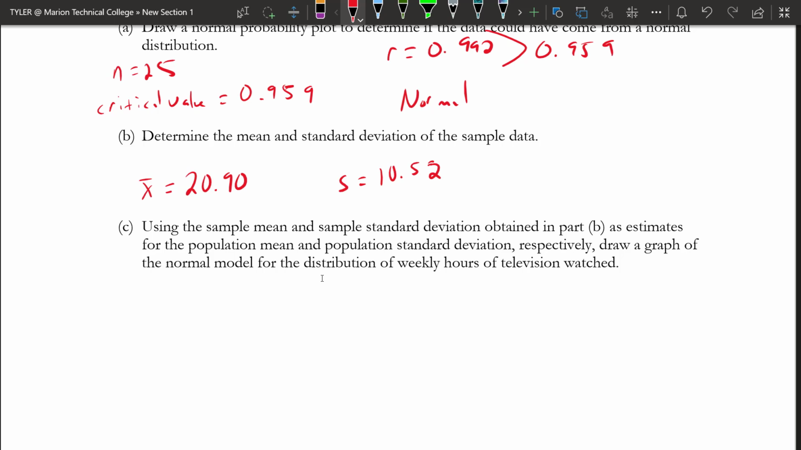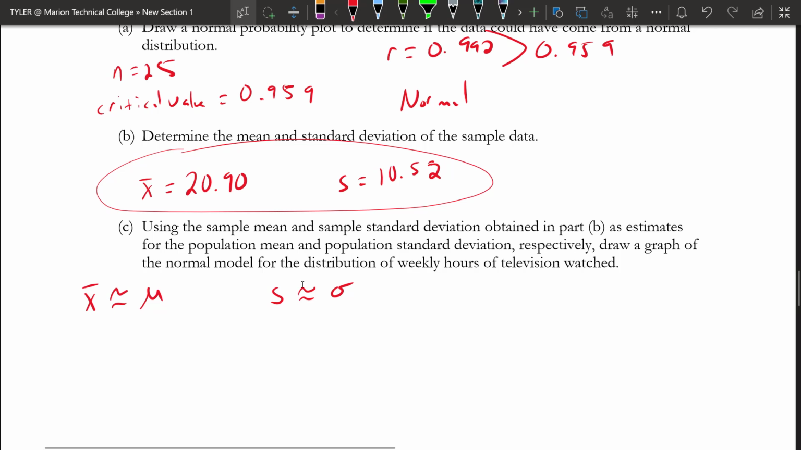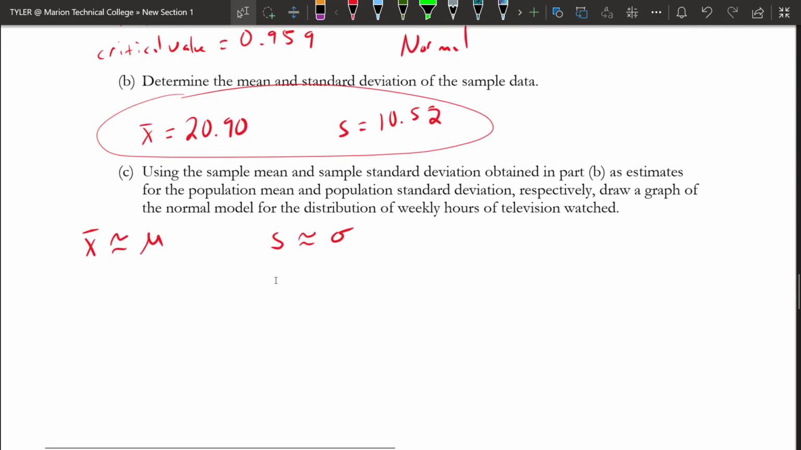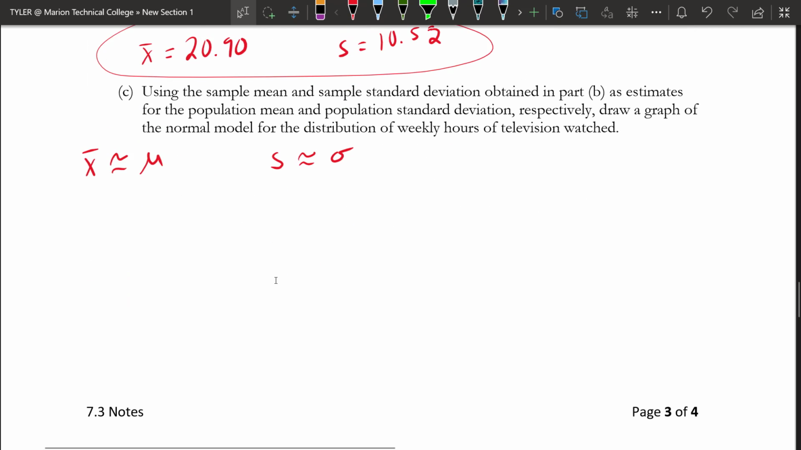So now in part C, it says to use the sample mean and standard deviation obtained in part B as estimates for the population mean and population standard deviation respectively. Draw a graph of the normal model for the distribution of weekly hours of television watched. So basically what we're saying is that x bar is going to be approximately equal to the mean, and s is going to be approximately equal to the population standard deviation. So we're going to use these values for the population mean and standard deviation to create a graph of